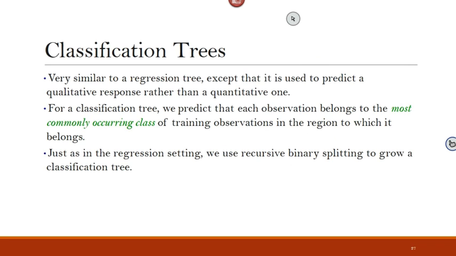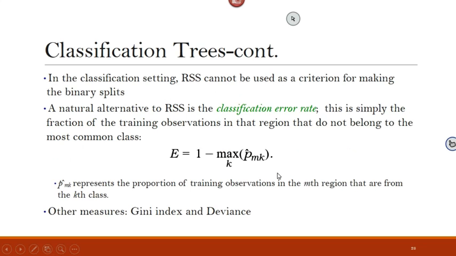Now, in the case of classification, we call them classification trees. Okay? Regression trees and classification trees. And the prediction in here is going to be the most commonly occurring class, the majority class. Now, in classification settings, we don't use residual sum of squares. We use the misclassification or the error, right? So the error rate, the classification error rate, or the misclassification accuracy, you can call it, right?